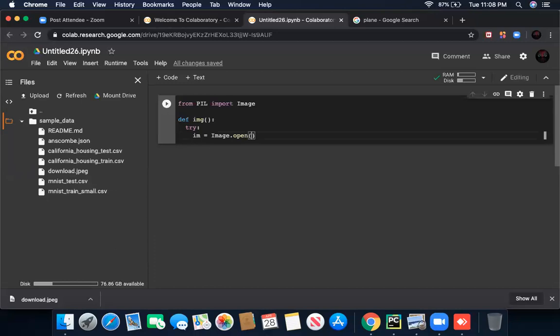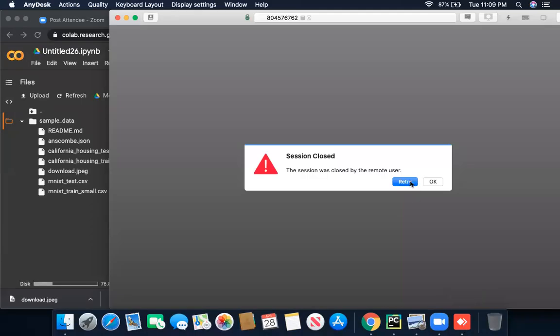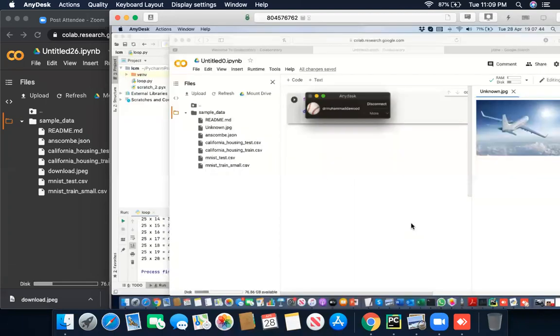Then we use double quotes in the brackets and paste the path using command and V. So you just have to click the unknown file and it will show you the path.